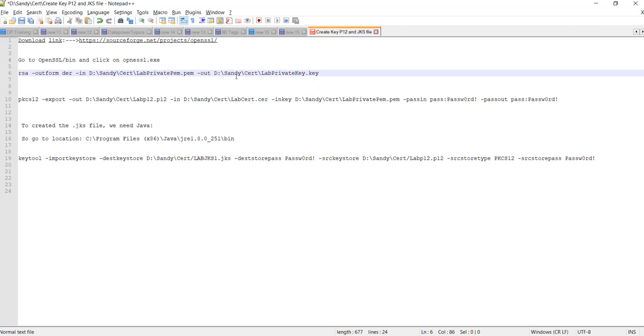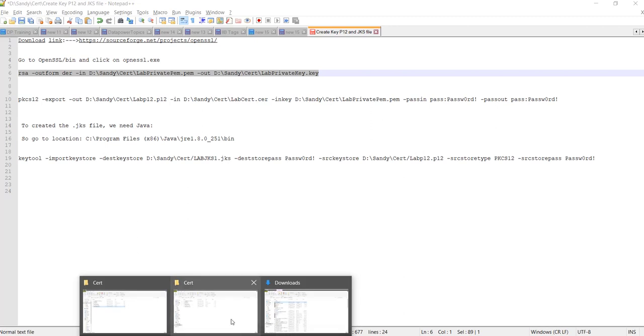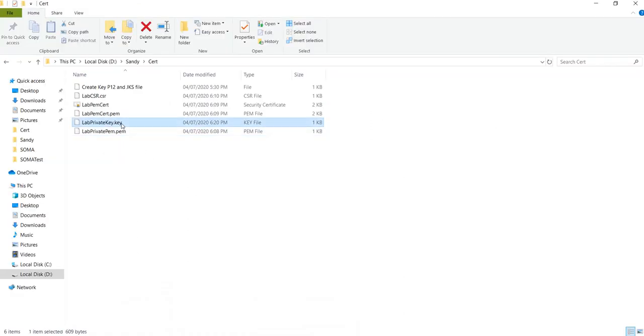Here we are passing the input as our private PEM key file, and our output would be our key file. So let's run this. When we create the identification credential and validation credential, I'll show you how to import that key file into our identification credential. So let's create the key file first. We'll run this, and it shows writing RSA key. The file has been generated, so we'll go there and see the file. See, the file is generated now.